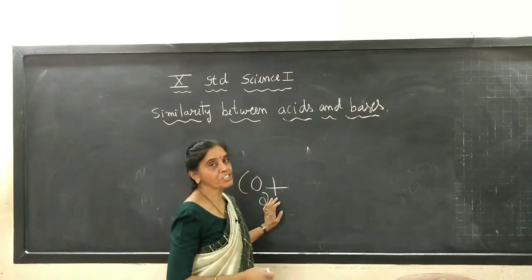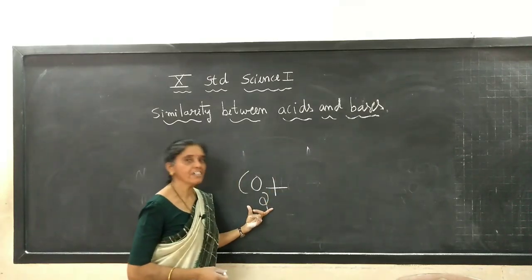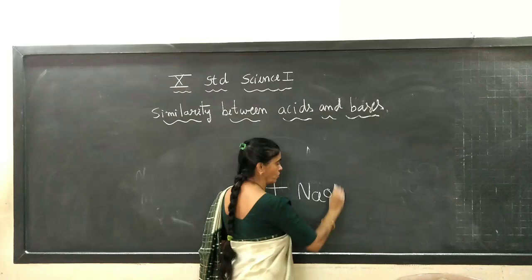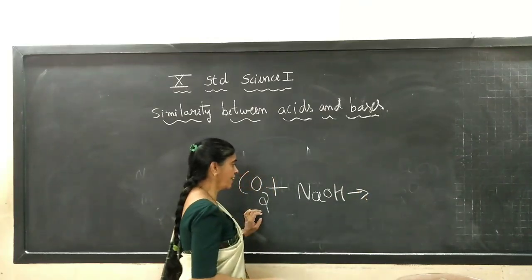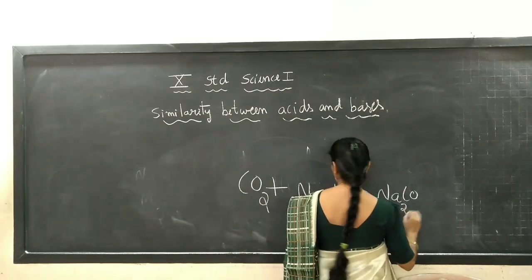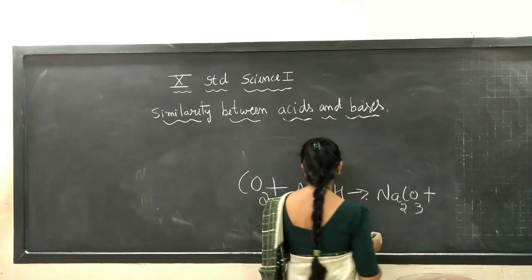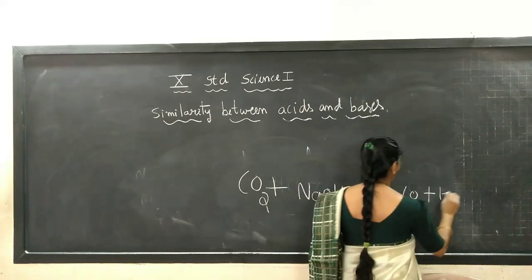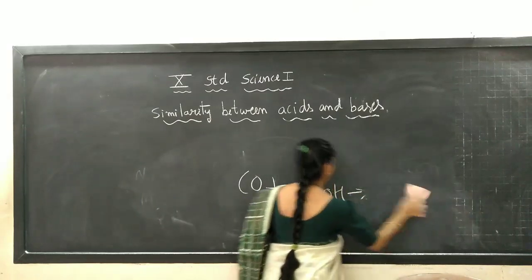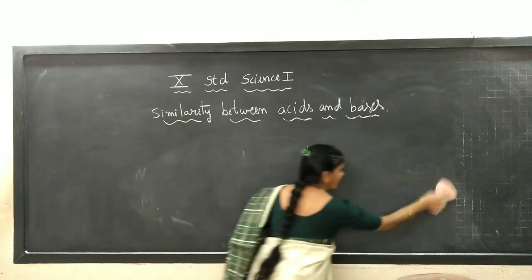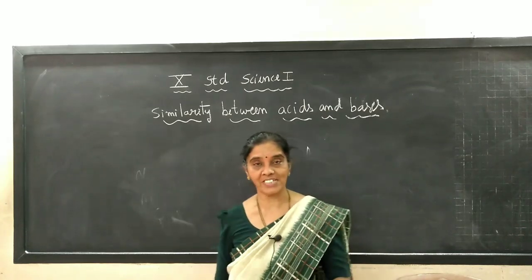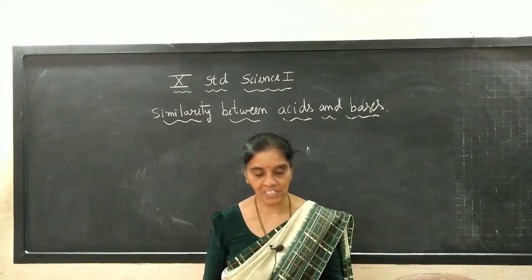Non-metallic oxides are acidic in nature, so you have to take a base now, sodium hydroxide. What will you get? You will get the salt, sodium carbonate, Na2CO3, plus water. Don't write this reaction down. Okay. So that is the use of acids and bases to test the metallic oxide or basic oxide.